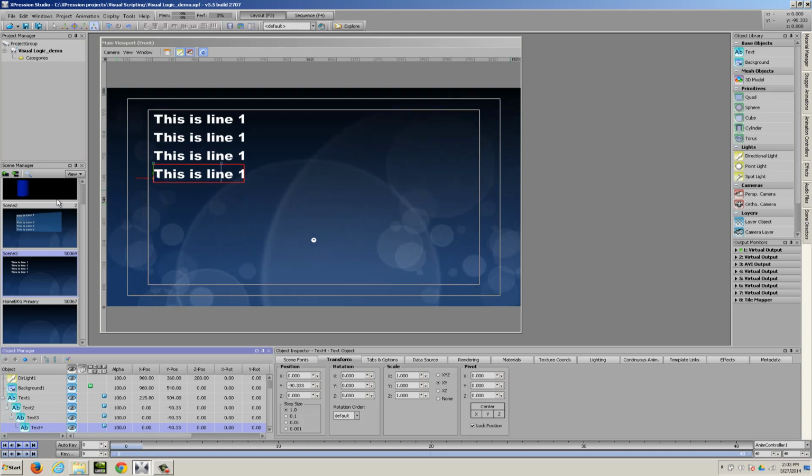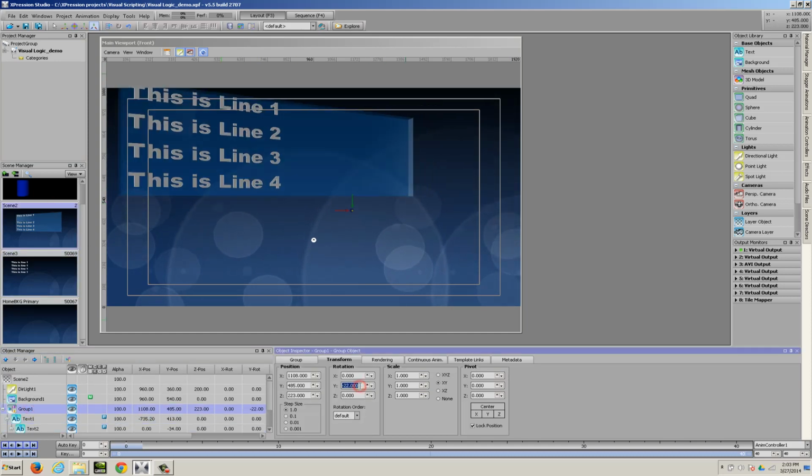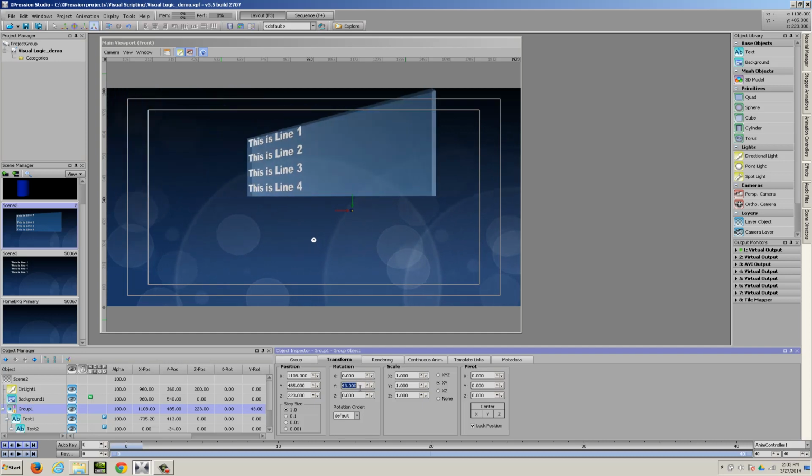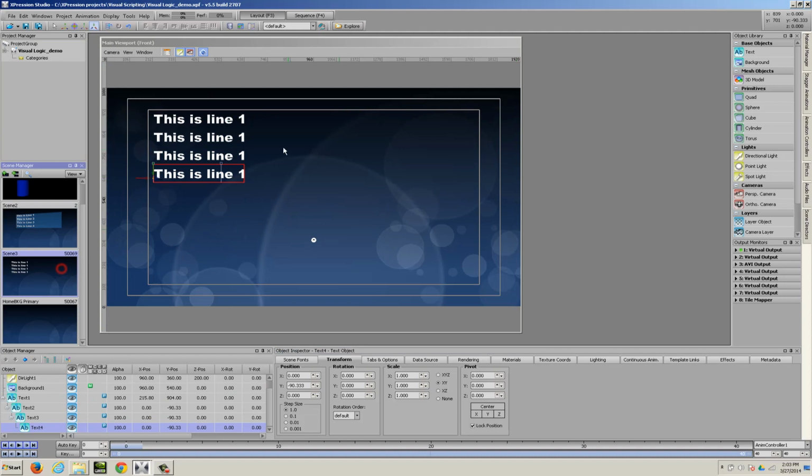Now, in my example scene, I also had all of my objects inside of a group object, which just made it a little easier to manipulate the whole group. This is really optional. It comes down to what you want to ultimately do with this scene. For instance, if you want to have all of these objects fly in or rotate in, it's obviously a lot easier if they're grouped together. So that's optional.